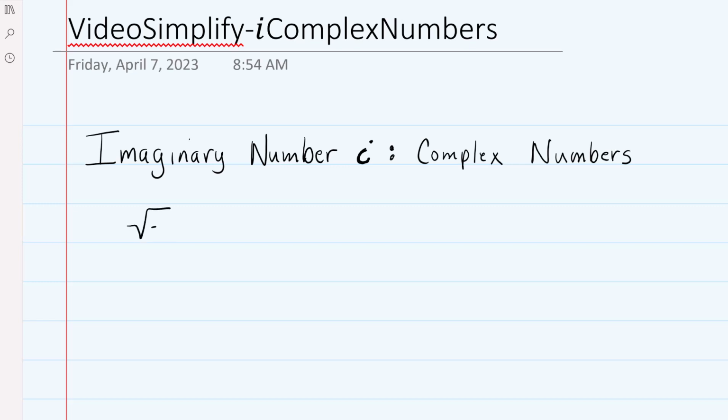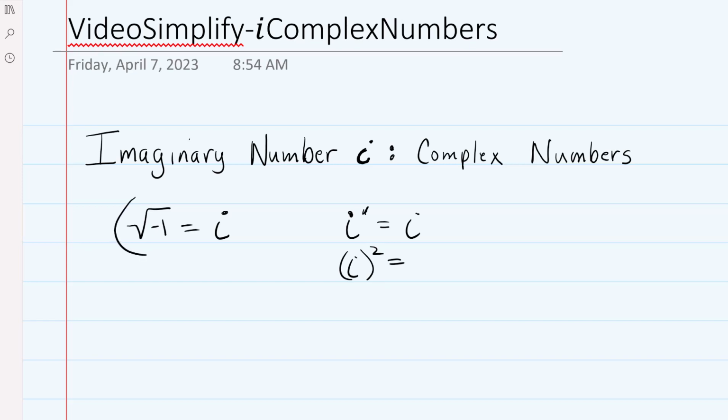The square root of -1 is equal to that imaginary I. But what comes in handy is powers of I, and you only have to remember four things. I to the first power is just I, just like 2 to the first is 2, I to the first is I. Well, I squared,